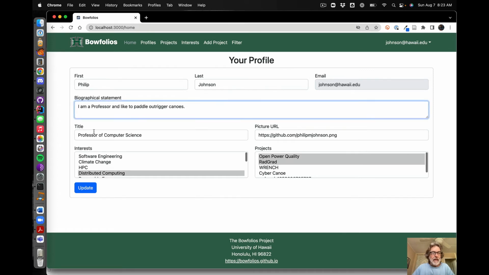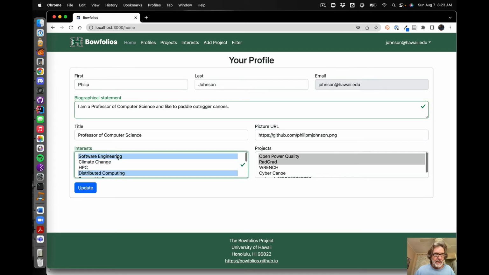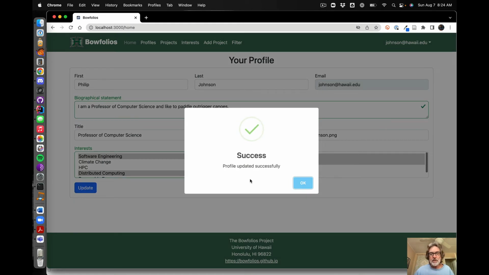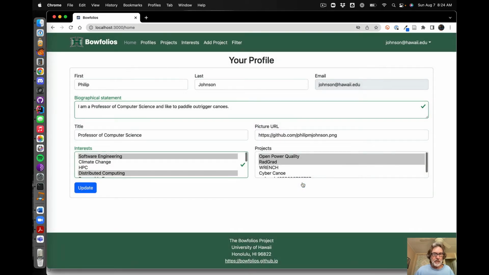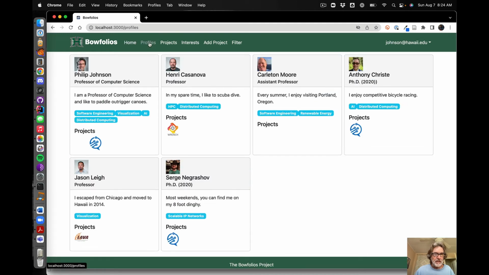And so, for example, I could say I'm a professor of computer science. So when I log in, I go to my homepage, which allows me to edit some stuff, not everything. So my email I can't edit, because that's in a sense the unique ID for this particular user. And then I could add an interest like software engineering. Now, if I say update, I get this sweet alert which says, yep, the database got updated successfully. And now if I go to profiles, I can see I'm a professor of computer science, and I've added software engineering